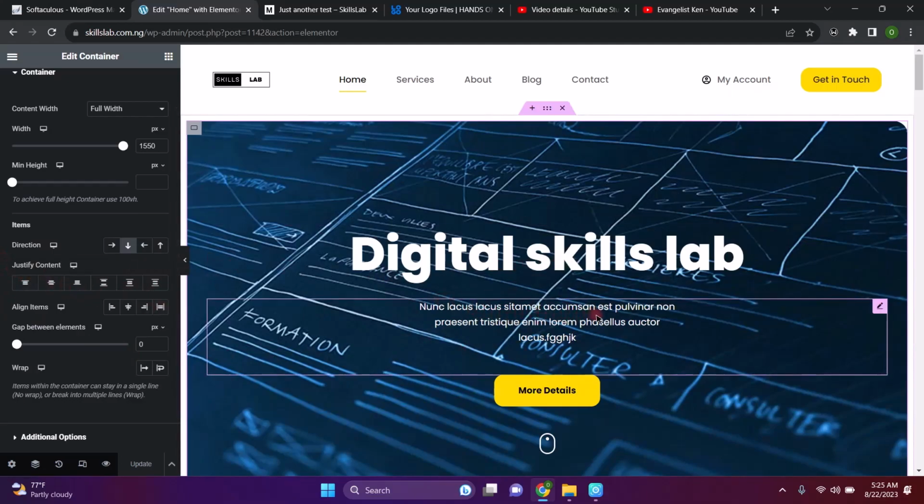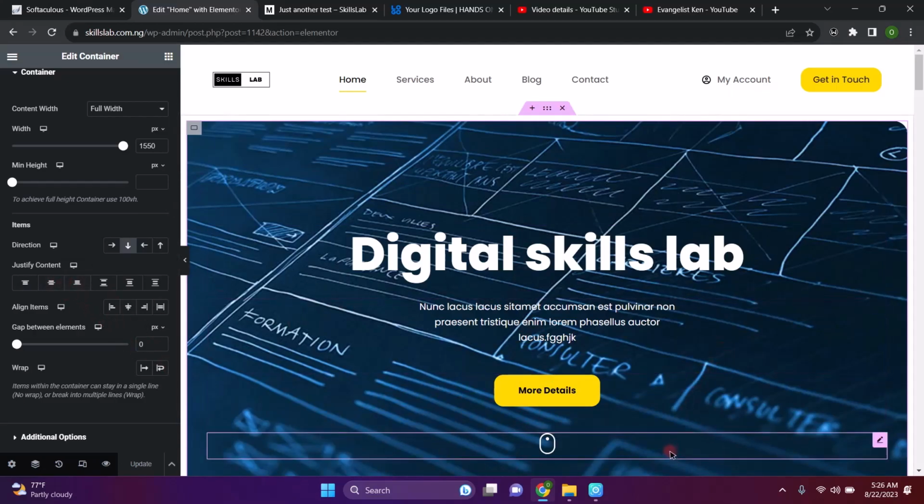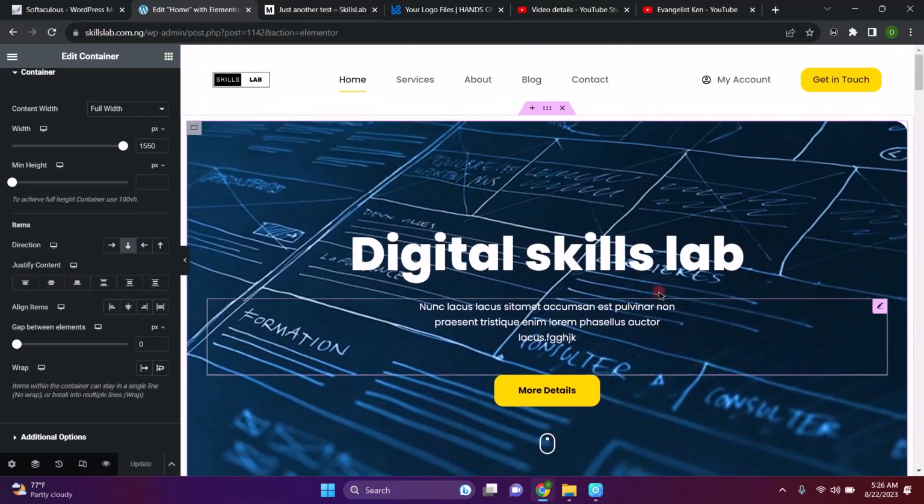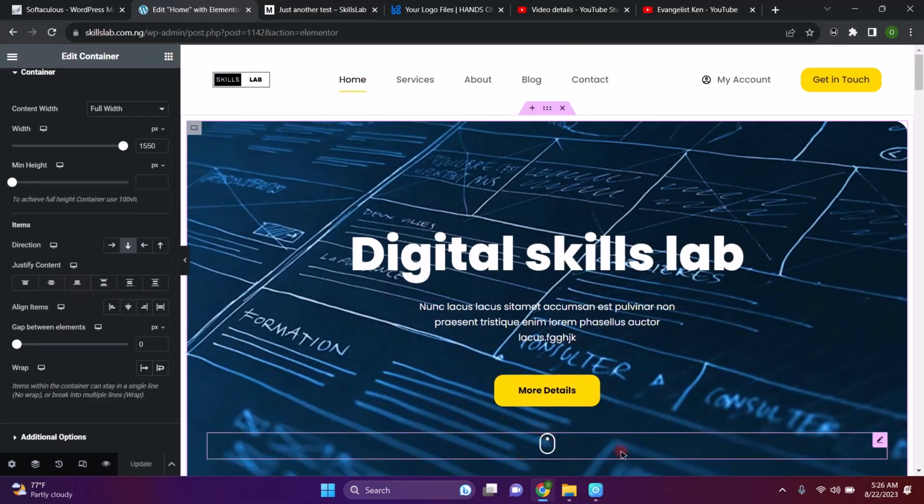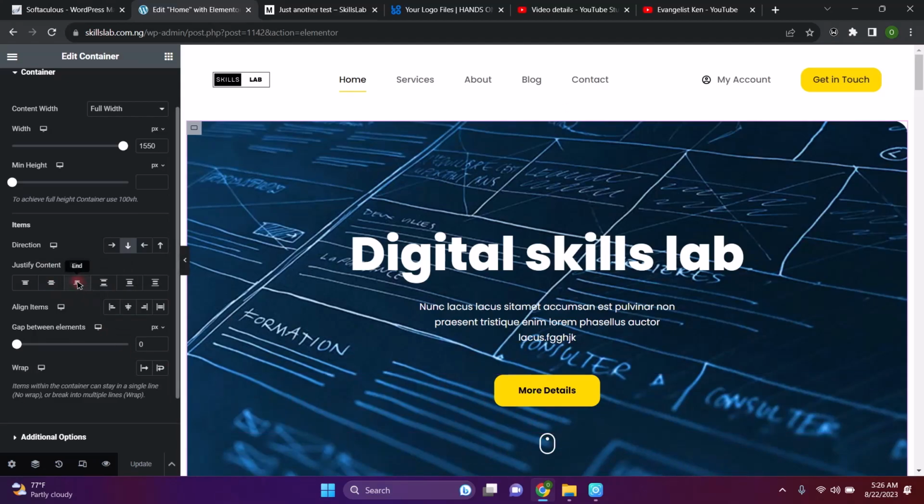To put this one at the start, it will be up here. To put it at the center, everything will be at the middle of this section. If you put it at start, it will move the content up, and it will come down like this. If you put it at the center, it will be in the middle of this section. If you make it at the end, it will be at the bottom. So if I click this and then update,